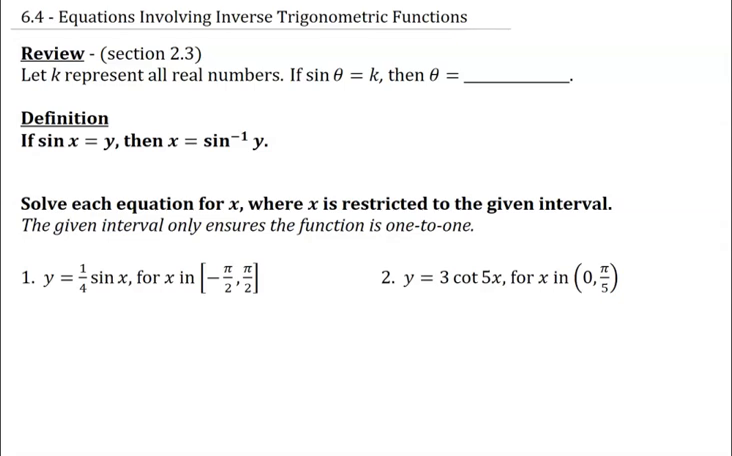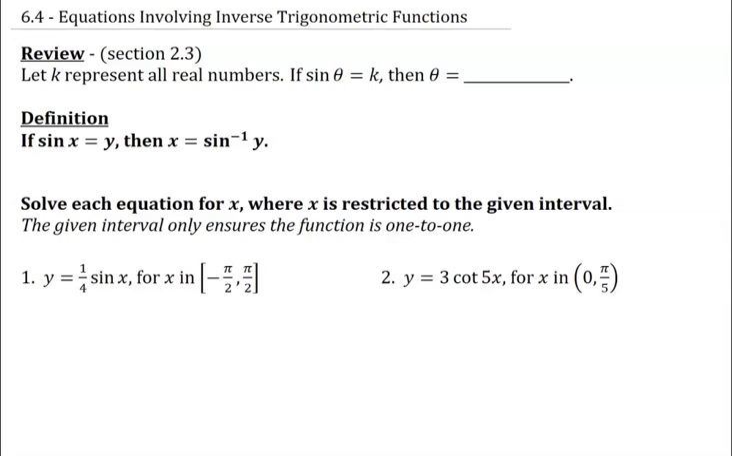In this last section, we are solving equations that involve inverse trig functions. They might have an inverse trig function written in the original problem, or we might be using inverse trig functions, which really we have been doing already. But we're kind of just putting things together here to solve for whatever is requested. Okay, so as a reminder,